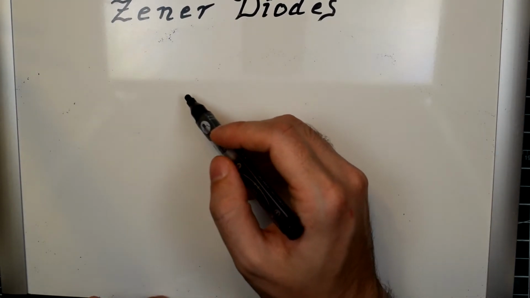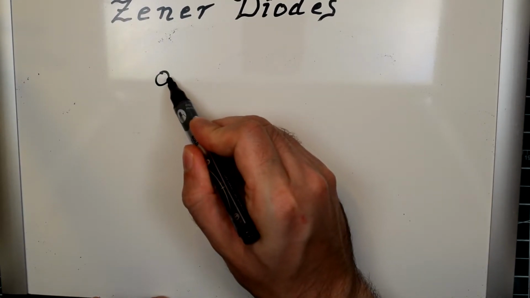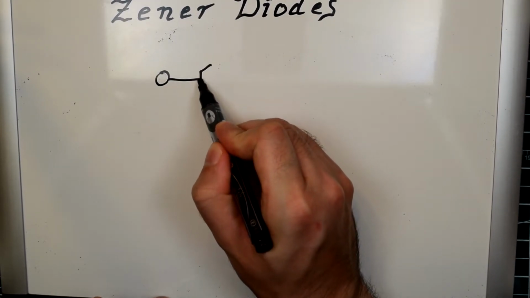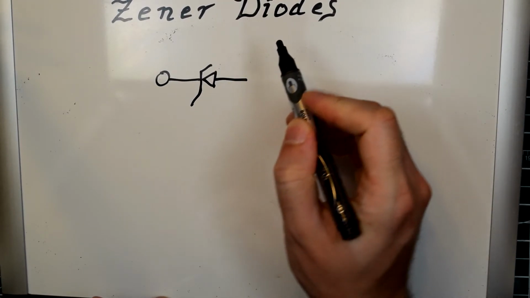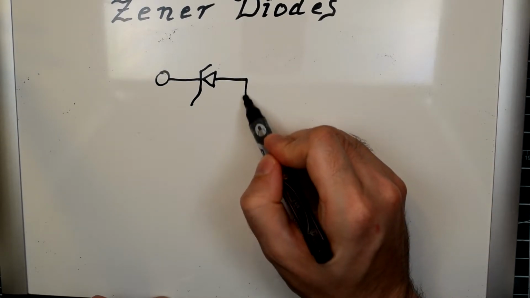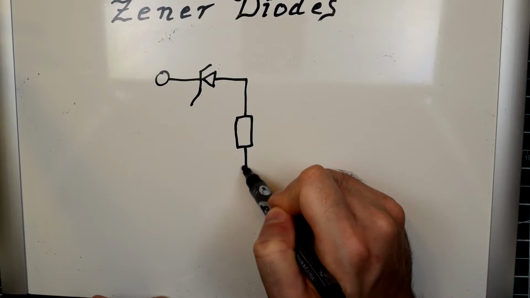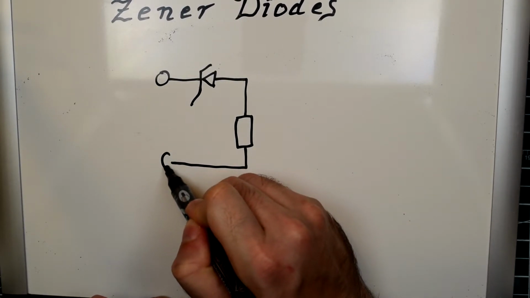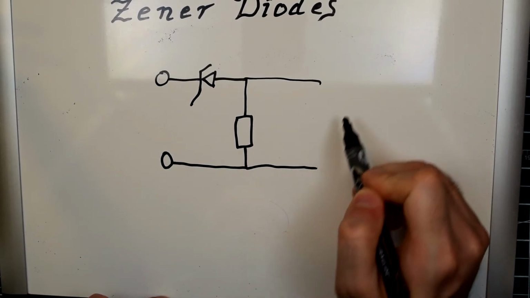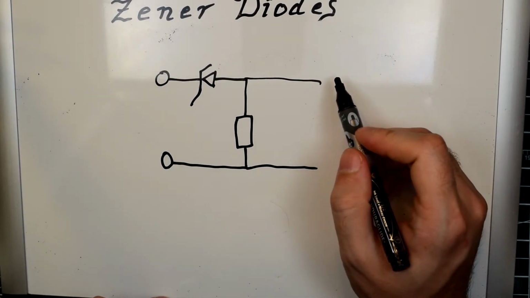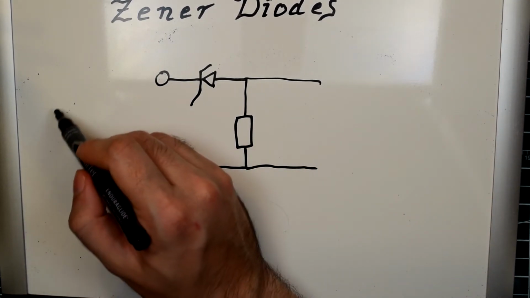A voltage shifter looks like this. That is a terrible Zener diode drawing. Oh well. Now you'll notice that the positions of these components are backwards from the voltage regulator that we previously had. So basically what happens here is if you have